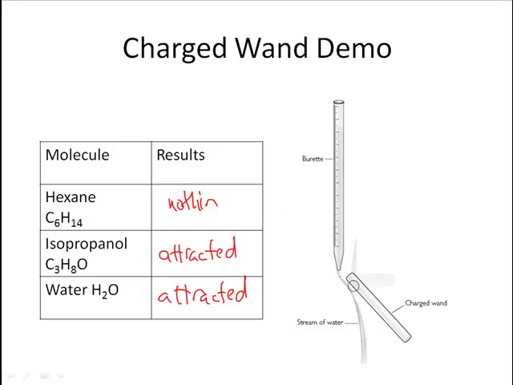You have a burette. Water happens to go towards the charged one. So the question is, why do these two attract, and why does the hexane do absolutely nothing, like some of my students in that side